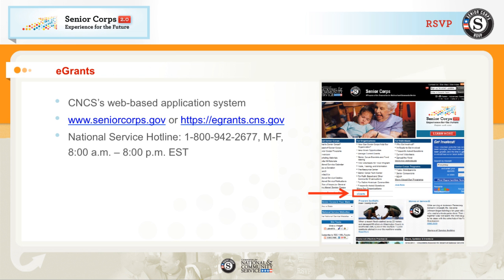All Senior Core's applications are submitted through eGrants, the web-based application system of the Corporation for National and Community Service. eGrants can be accessed through the Senior Core website, www.seniorcore.gov. Here, you can see the eGrants link on the Senior Core homepage. eGrants can also be accessed at